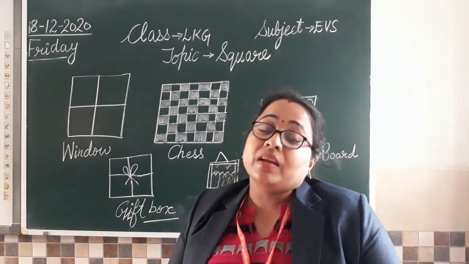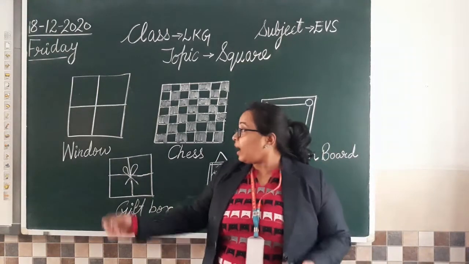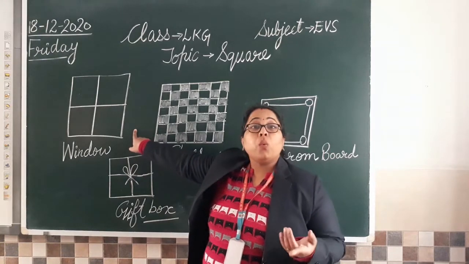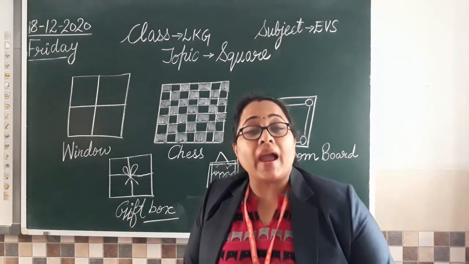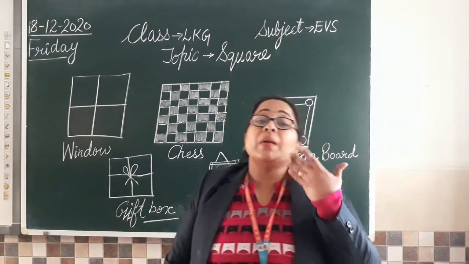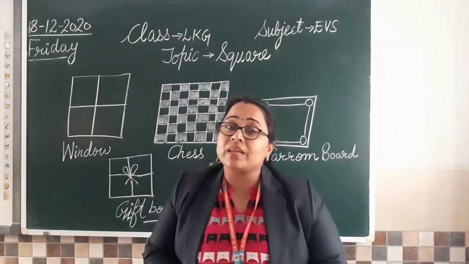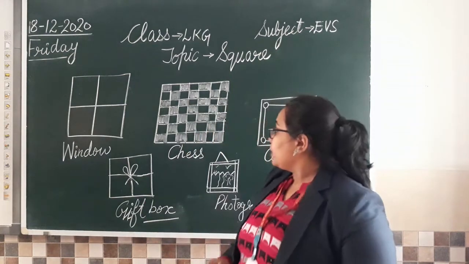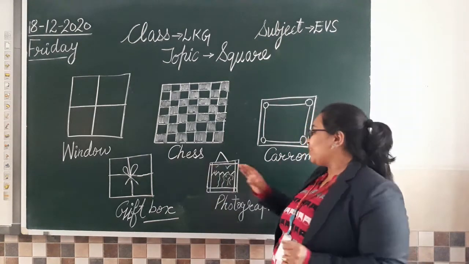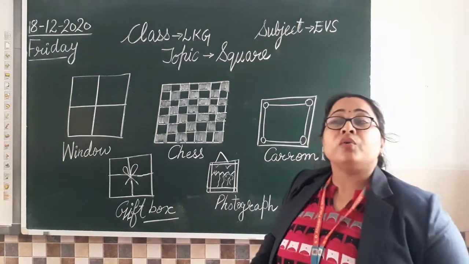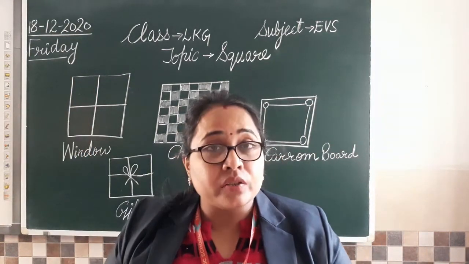Yes, you remember that? We did it in maths, and we have done many examples of it. Like we have a window, we have a handkerchief. Handkerchief क्या होता है? Hanky, one which we use to wipe our face, to clean our hands, isn't it? So hanky is also an example of square shape. Then we have gifts. Then we have photographs or you can say sceneries जो हम अपने घर पे decorate करते हैं. Some of them are square in shape.